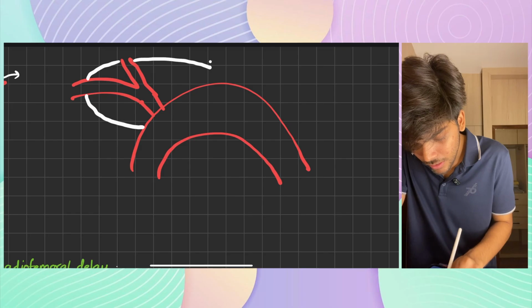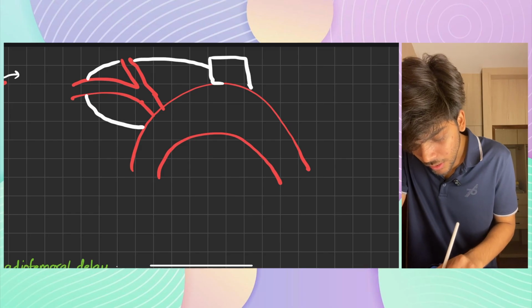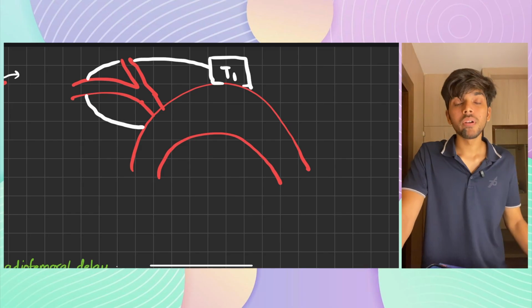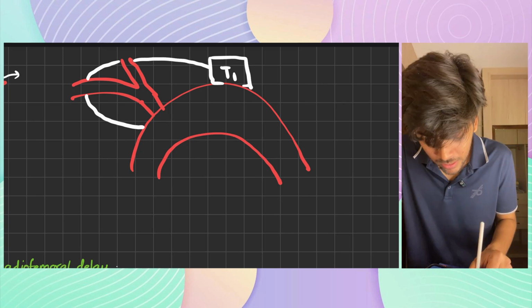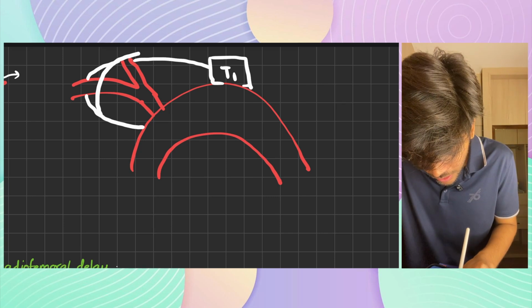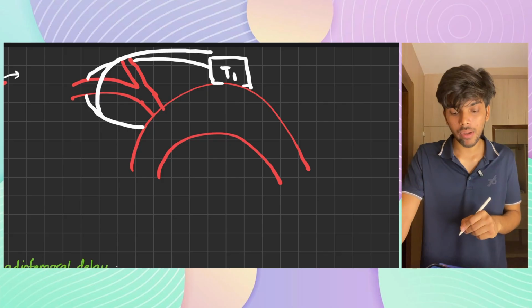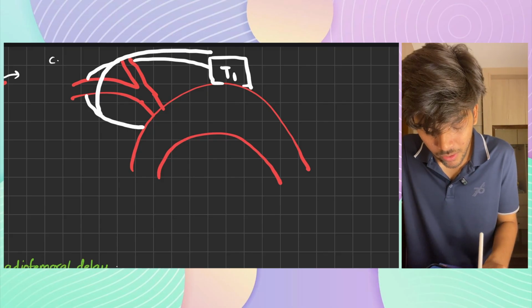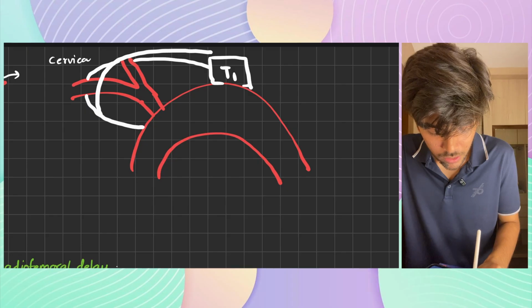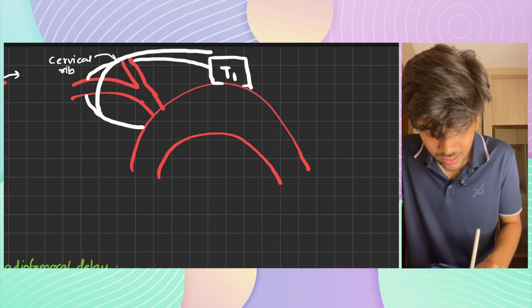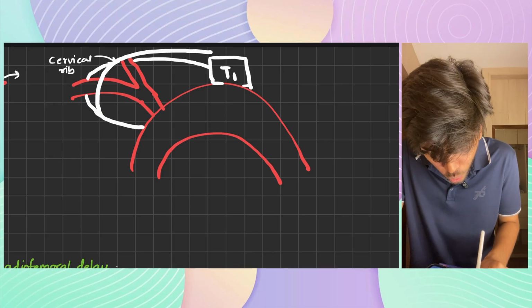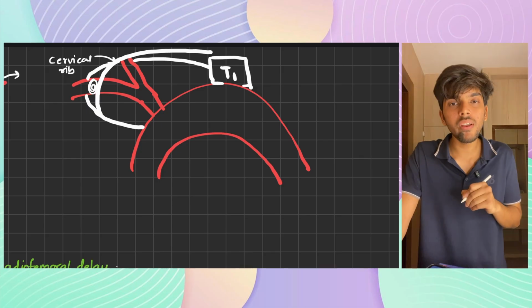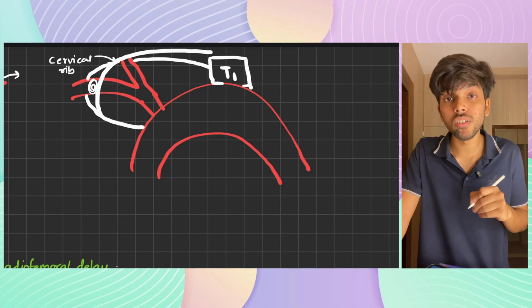This rib is attached to the T1 vertebra. But sometimes you might have a cervical rib, that is a rib which is attached to a cervical vertebra. This is your cervical rib. As a result, the subclavian artery gets squeezed in between the cervical rib and the first thoracic rib